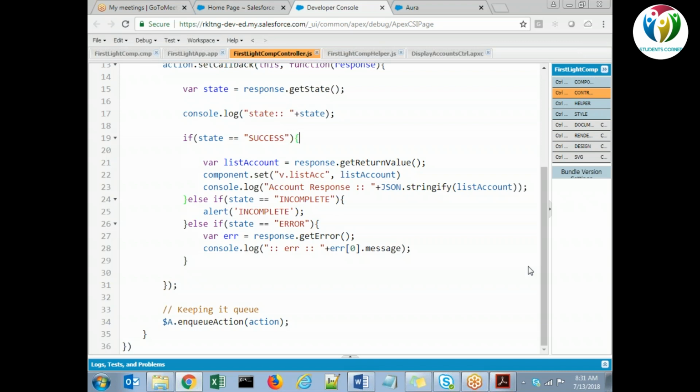Basically, I'm using the Account object here to display the accounts. So write one assignment in the same way: you need to display the contact records. As I'm displaying the accounts here on the component, you need to display the contact records. It will be the assignment for you. Complete this on your own.